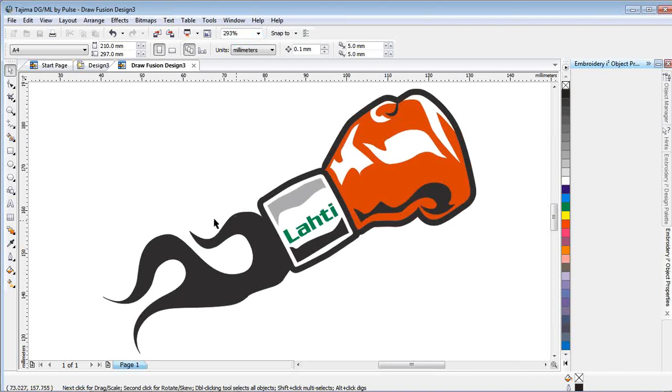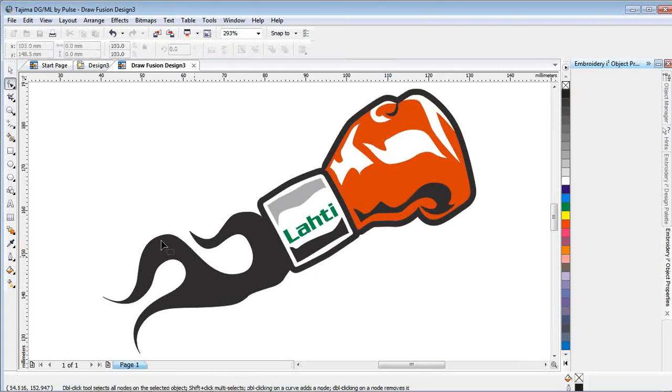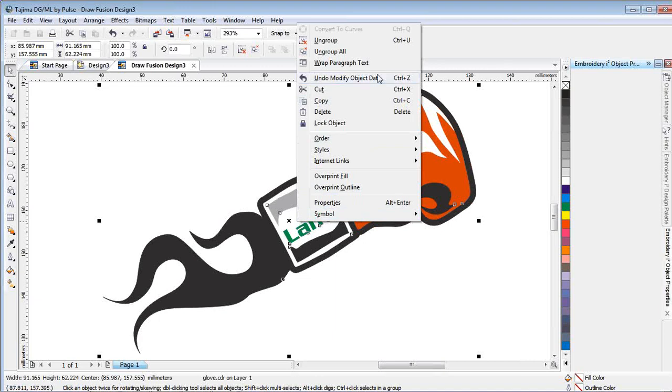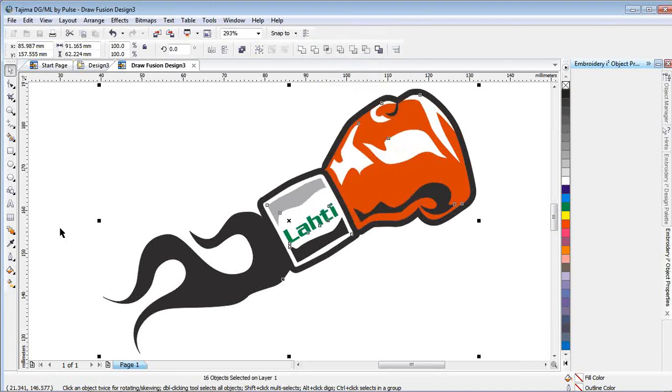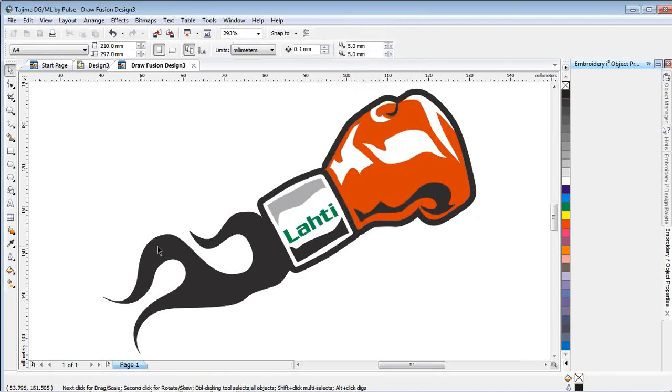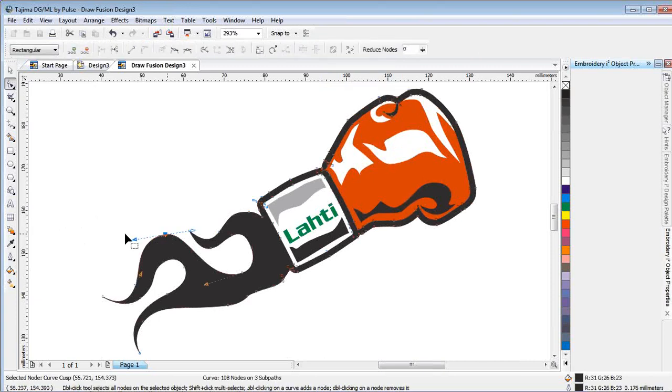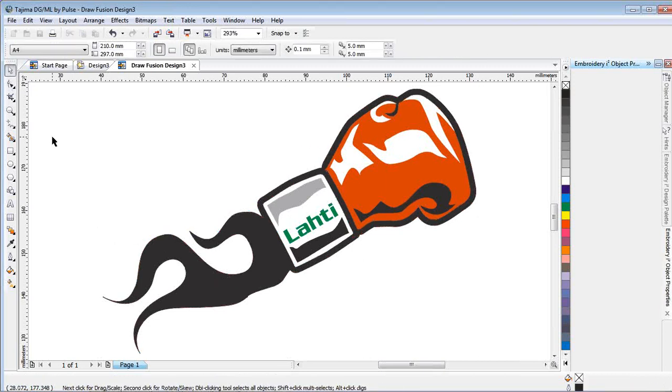As you can see, this is a file which is a vector file. You need to have made a vector file in CorelDRAW in order to be able to edit and do the changes you want. Now what happens is, for you to see better, I need to ungroup it. So now you can see it's a vector file. Now once I've worked in CorelDRAW, and I want to import the design, I can just say switch,